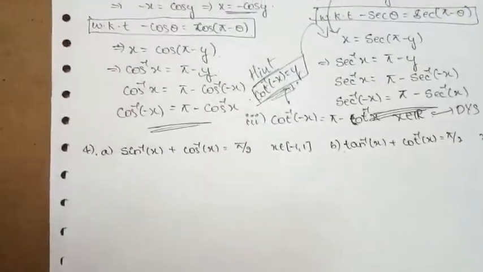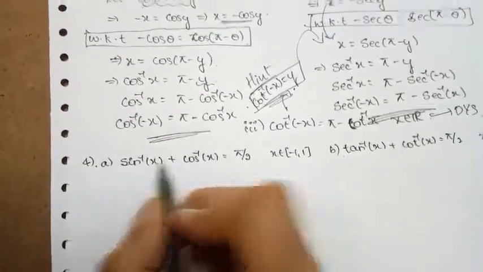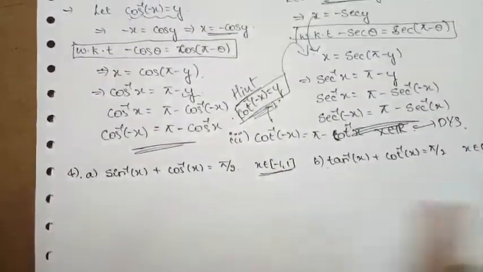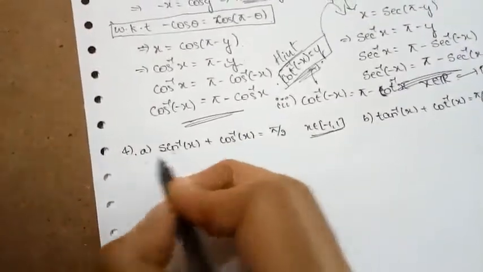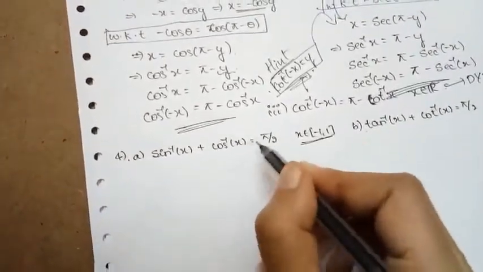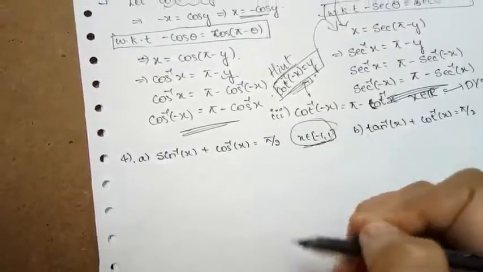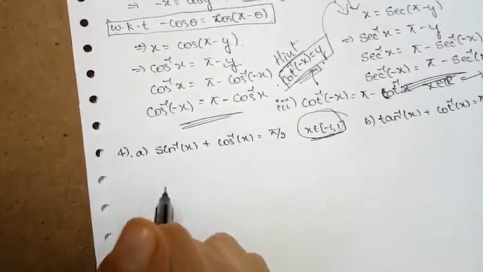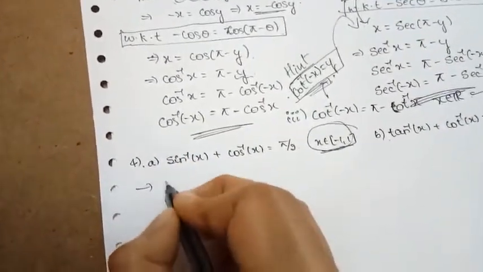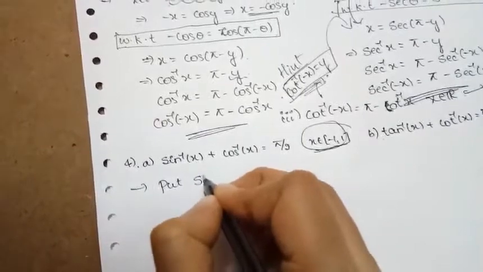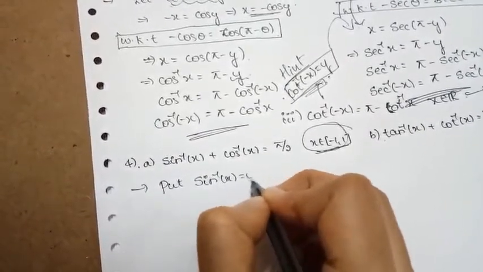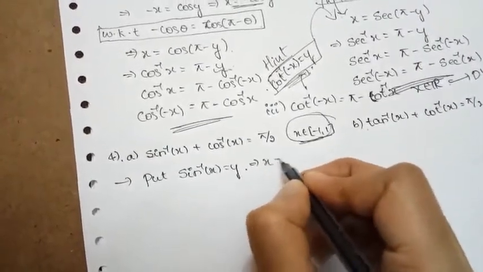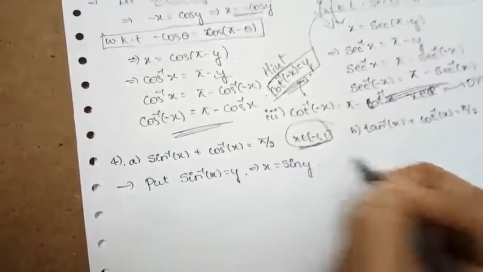And this is the next set of properties, that is sin inverse of x plus cos inverse of x is equal to pi by 2 when x belongs to minus 1 to 1. So how are we proving this property? This is going to be satisfied only when x is within this range, that is x belongs to minus 1 to 1. Only then is this property satisfied. So how are we going to prove this one? I am taking sin inverse of x is equal to y. Sin inverse of x is equal to y means what happens? This implies x is equal to sin y.